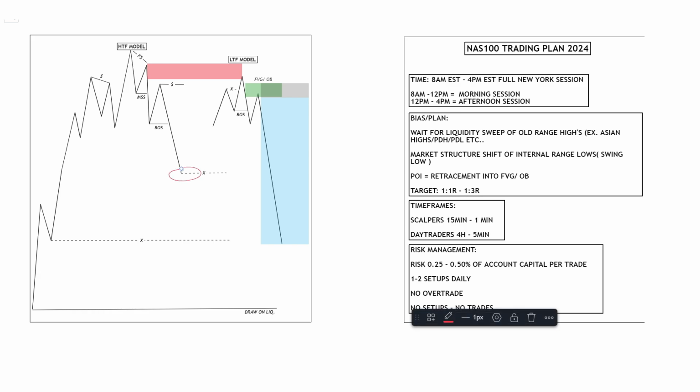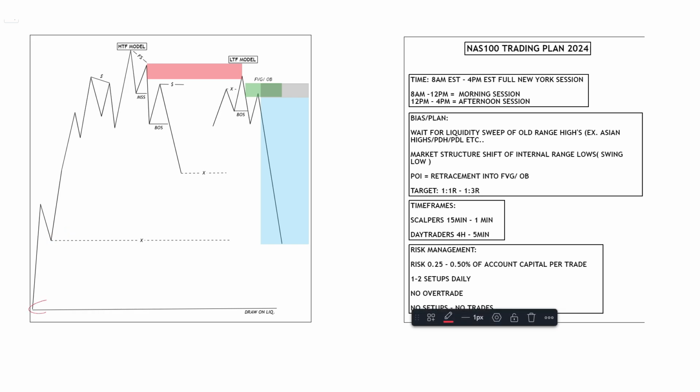So right here could be a 1:2, and then right here could be a 1:3. You can take your profits at this old low right here, or you can hold and take your profits at this old low if you are a day trader. But scalpers, I always recommend to take your profits at certain old lows. And day traders, if you are holding till the end of the session, you can hold till all these old